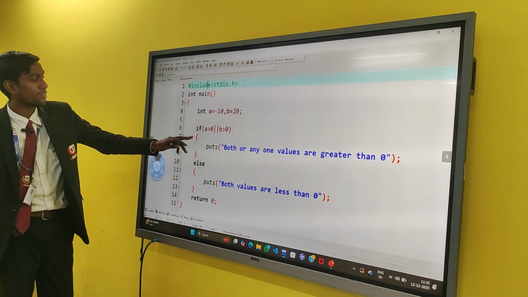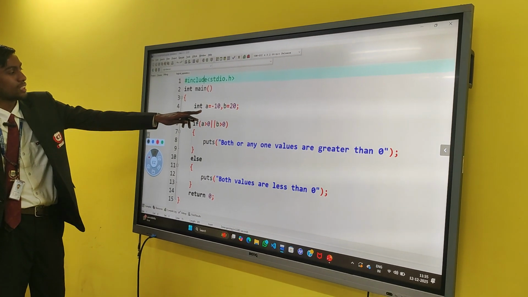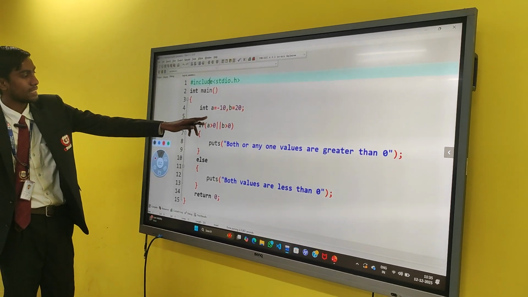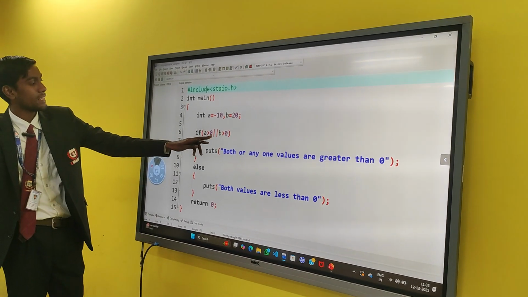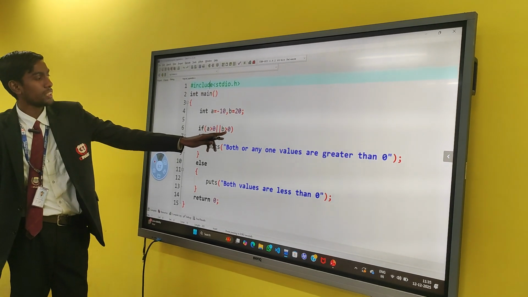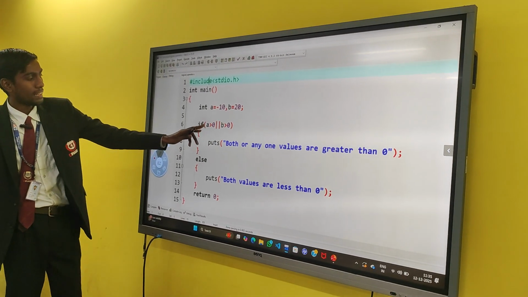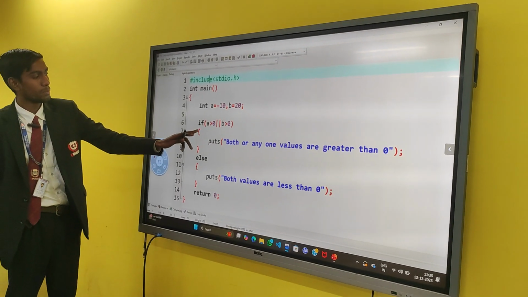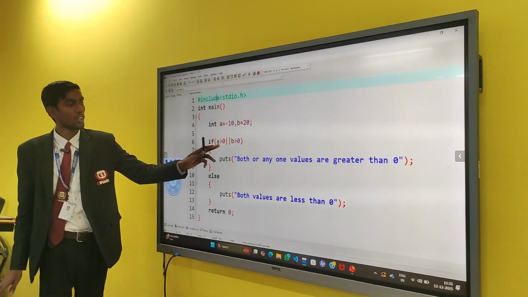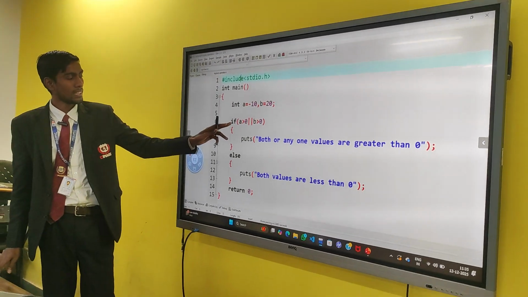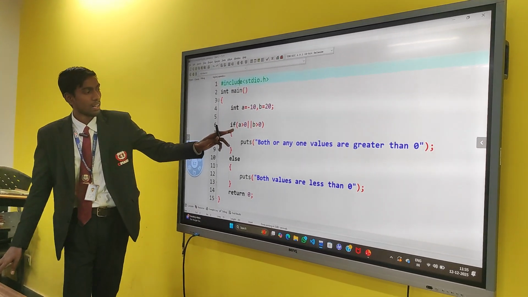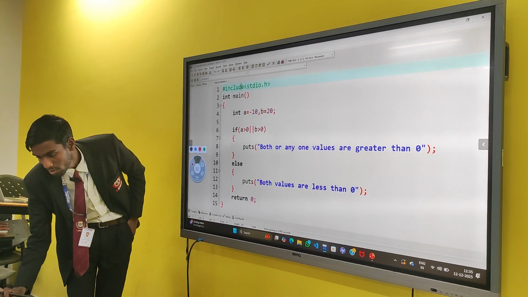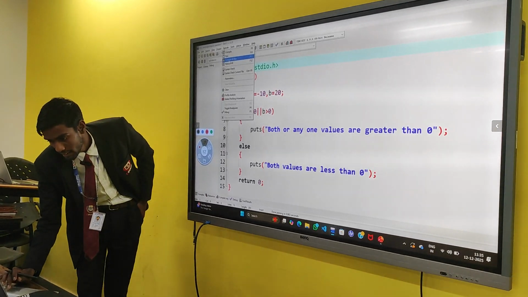First of all, the first condition, a is greater than 0, is false, and b is greater than 0 is true. Then overall the condition is also true, because the logical OR operator returns 1 if any one condition becomes true. Then see my output.